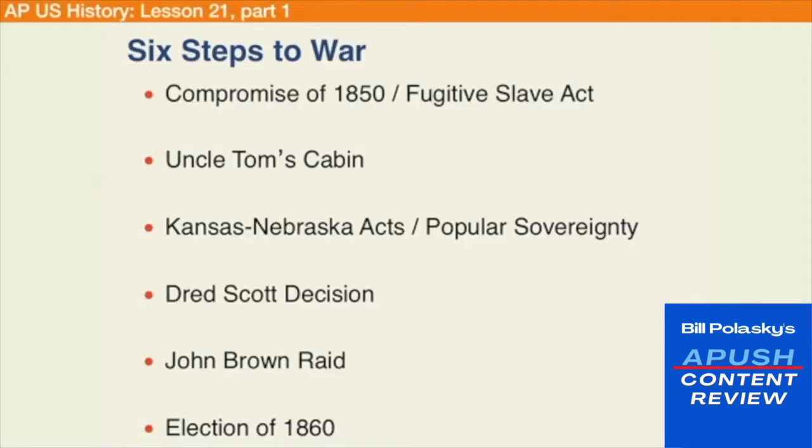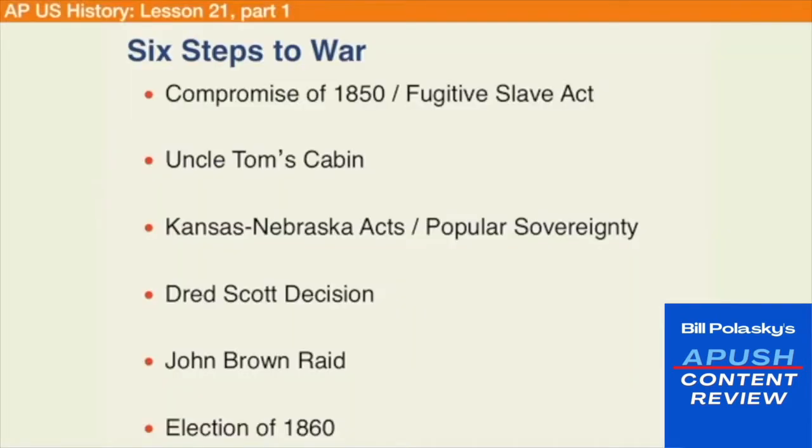And to discuss this, as a little backstory, how did we get here? Just some brief backstory on your first slide of 6 steps to war. Beginning with the Compromise of 1850 and the Fugitive Slave Act, you saw dissatisfaction in the northern states with the Fugitive Slave Act, which led to personal liberty laws and Uncle Tom's Cabin being written, which was an anti-slavery message to it. Following Uncle Tom's Cabin, you saw the Kansas-Nebraska Act of 1854 with popular sovereignty, whereby you saw increasing